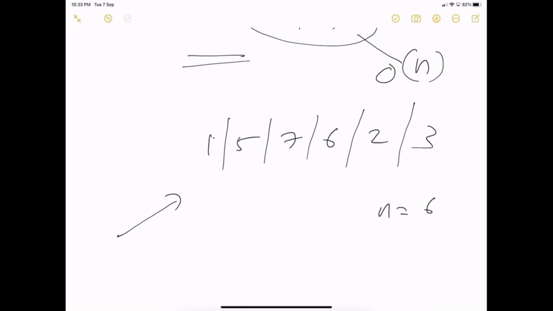If I want to search something in this list, what will be the best case? Best case will be 1. If I am searching for 1, that is the best case. Average case will be somewhere in between, and worst case will be n.